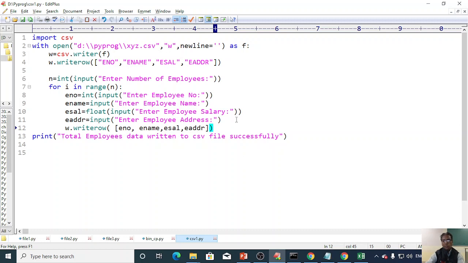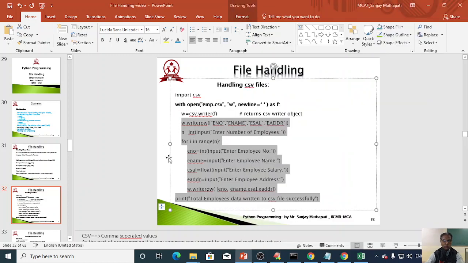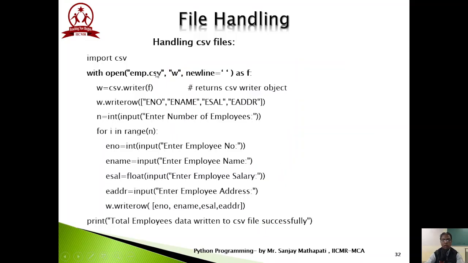As many times as you want you can use writerow to write the contents, which are in the form of a list, but obviously the number of values should be the same. If a value is not specified, then of course that cell will remain blank in your CSV file. Now let's go through the next slide. This is how we write the data into the CSV file, but one row at a time.